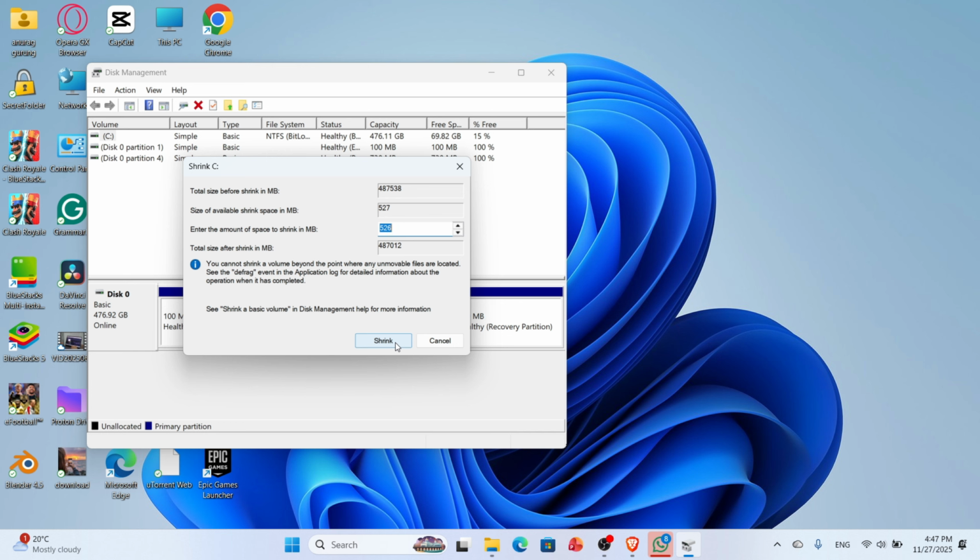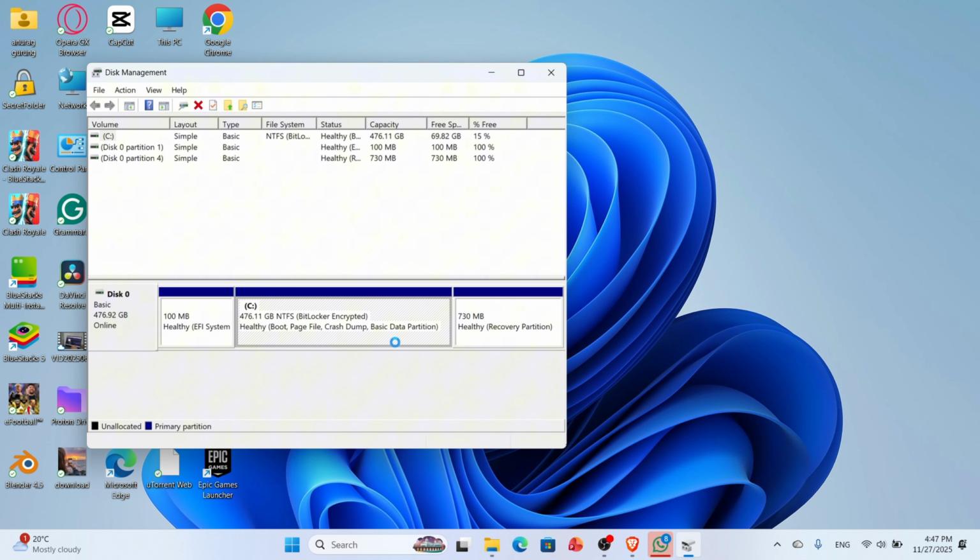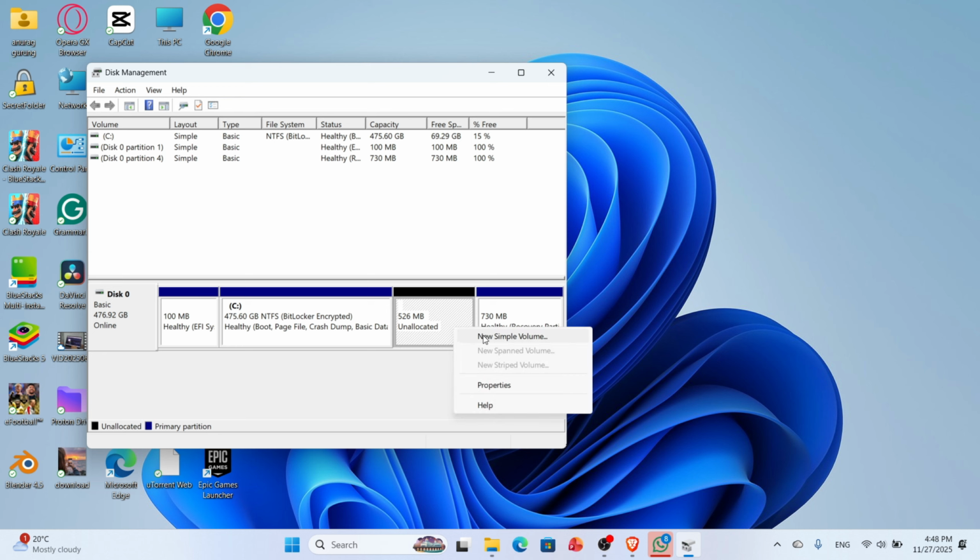And now here, once you click on the shrink option, you will now see unallocated space on your drive after some time. So here you simply have to right click on the unallocated space, and there you simply have to click on